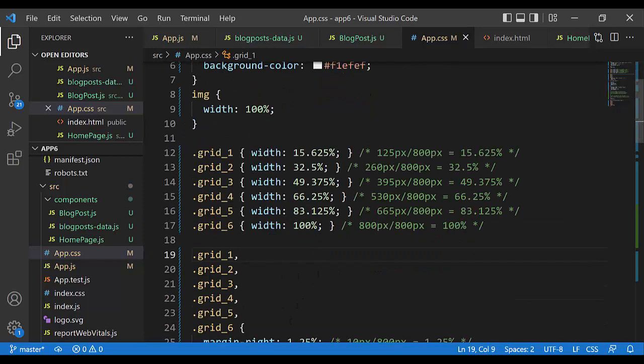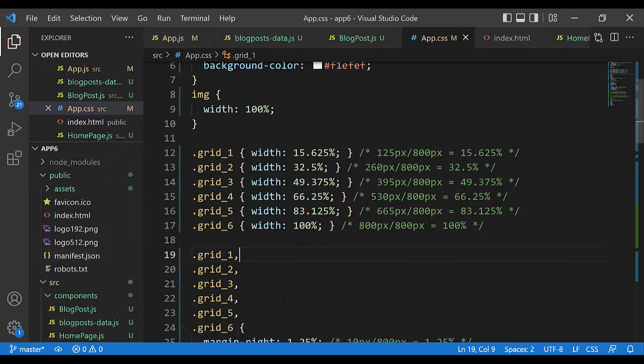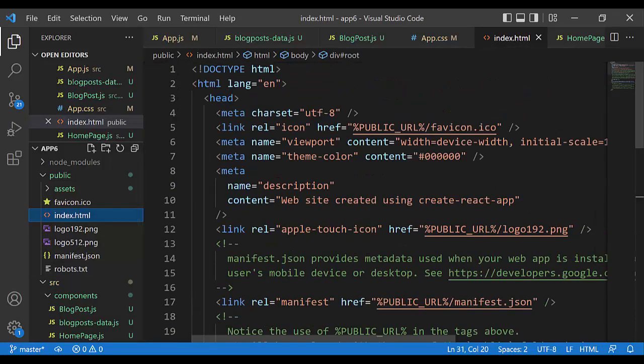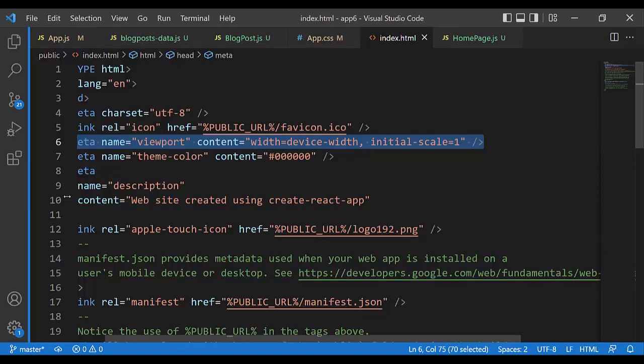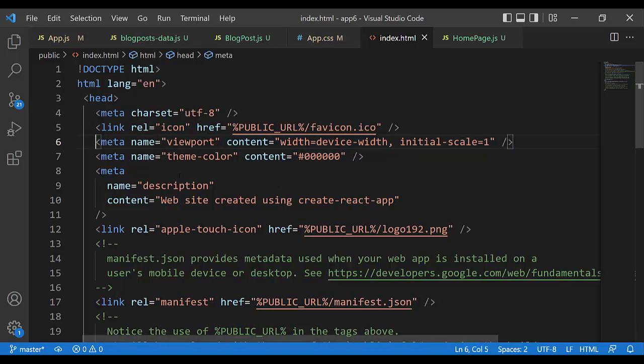Okay, very simple. For responsive design, you need something more, not only grid and switch. You need in public index.html this meta tag. Meta name viewport. This meta name viewport, content width device width, with initial scale 1 means that on our mobile we see